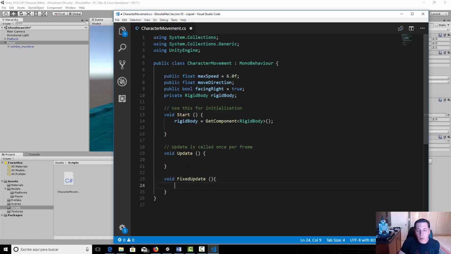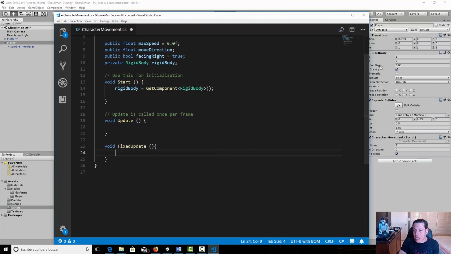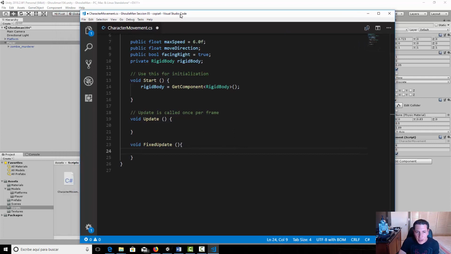Okay, so we use FixedUpdate instead of the Update function when we use objects that have a rigid body, because with a rigid body we already know that it has physics. So when we use objects with physics, we use the function FixedUpdate. So here we're going to say rigidbody, because we are calling this variable. That's why we say, okay, our rigidbody.velocity